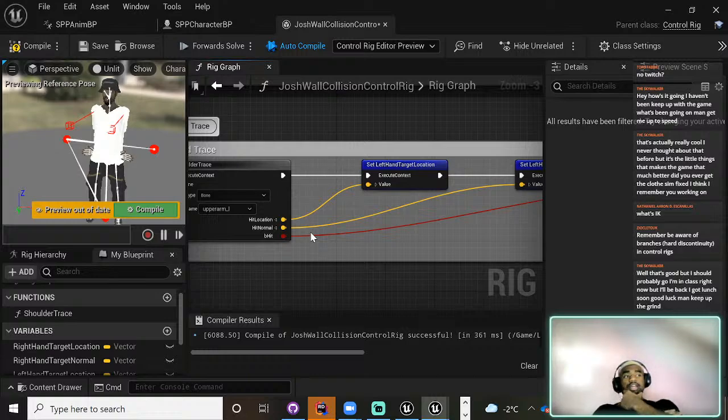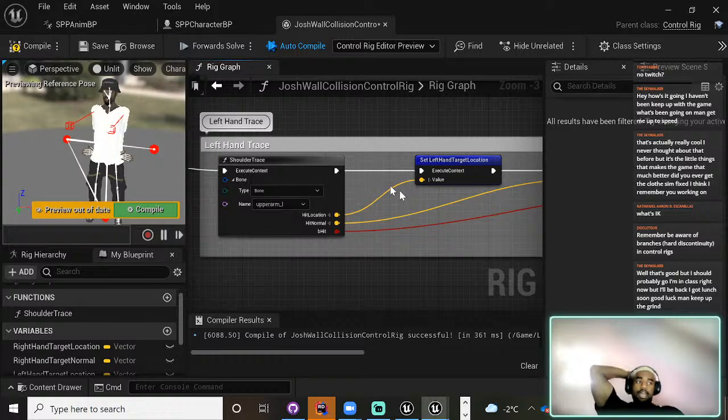Because I almost wanted to be like, if the left hit, that point still needs to be there, and then we interp away from it. It needs to basically stay at that point. So it's like, if it hits,